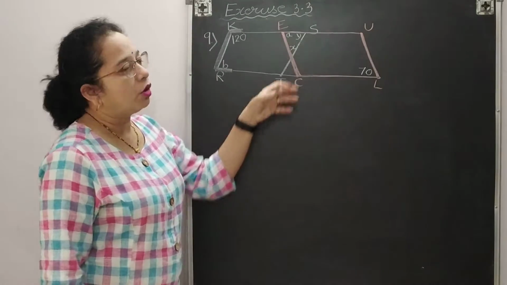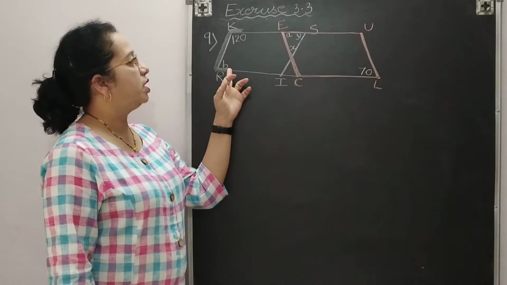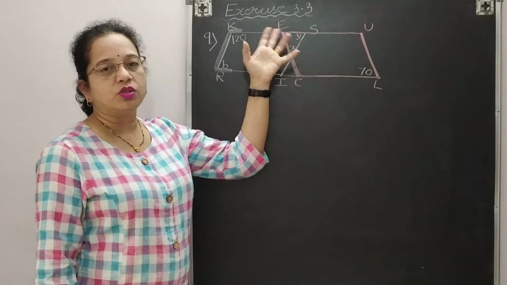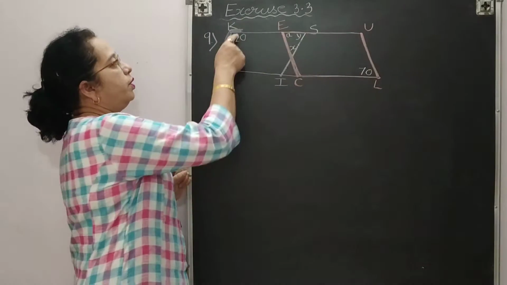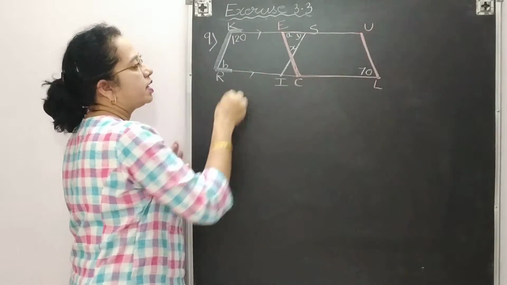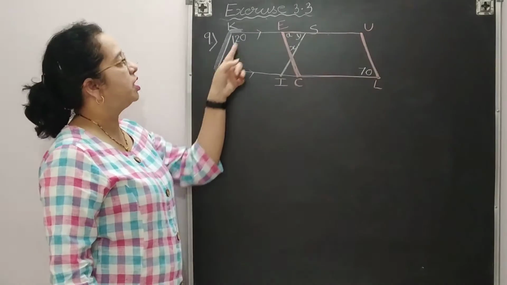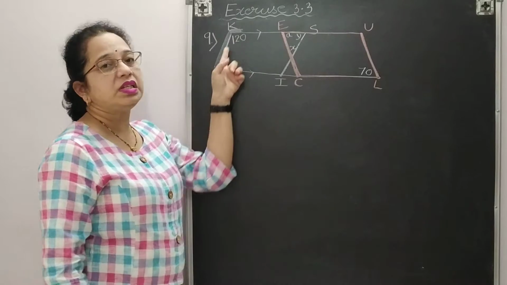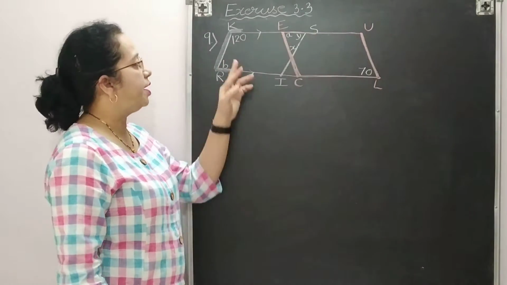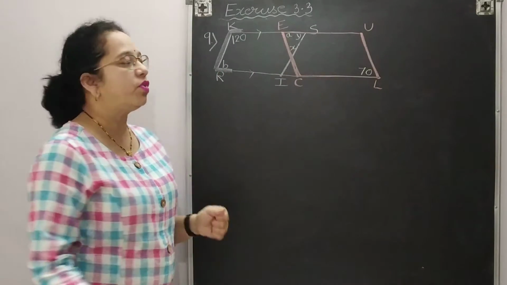You need to find this value of x. Okay. To solve these questions, I require some other angles. So I have given here angle B, this is angle A, and this is angle Y. So one by one I will solve. You can see here C shape, and this is a parallelogram, so these lines are parallel. So whenever lines are parallel and a transversal line is there, you are getting C shape. It means these are the co-interior angles. These angles are on the same side of a transversal line. It means the sum of these two angles will be 180 degree.